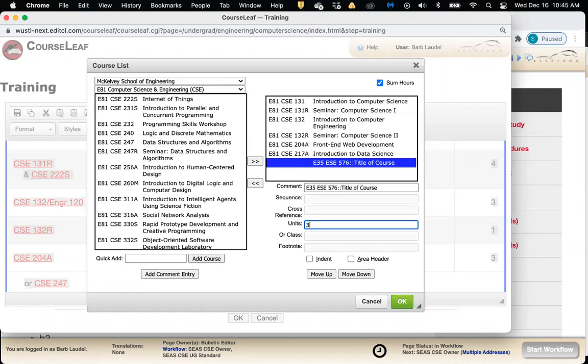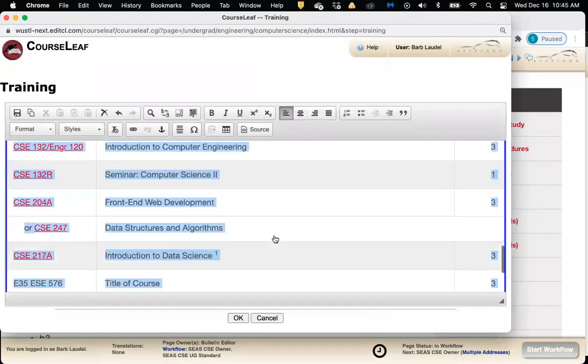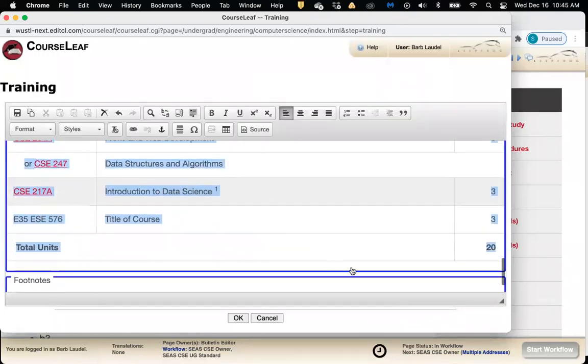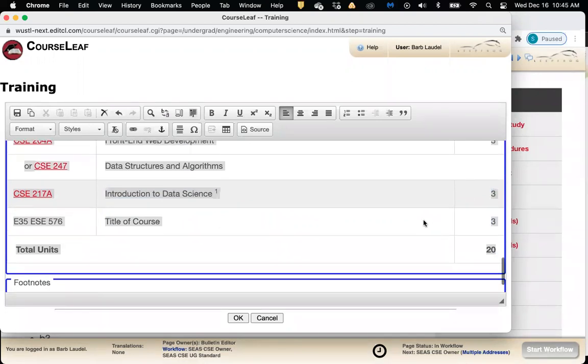So let's say it's 3 units. Once I do that and click OK, it will appear like this. So the course code will line up with all the other course codes, and the title will appear here. And then the units will appear in the unit column.